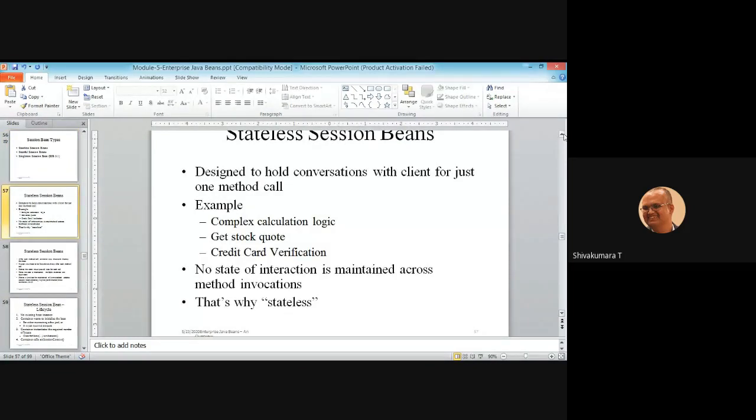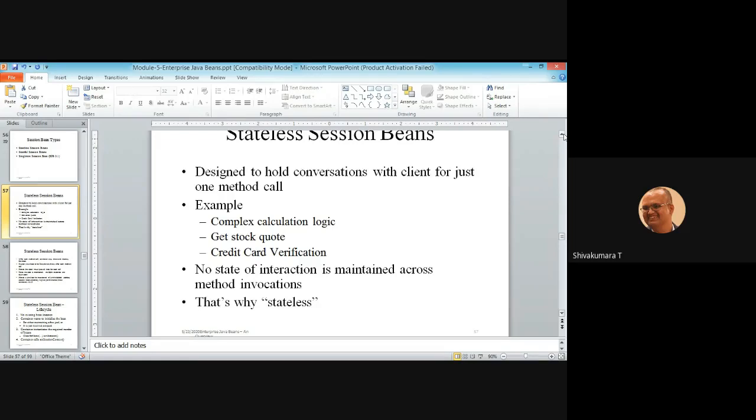So definition-wise we have seen. Now we'll go with some examples of stateless session bean along with the life cycle. Stateless session beans are designed to hold conversations with the client for just one method call. So these beans are designed in such a way that a single request is handled from the client.